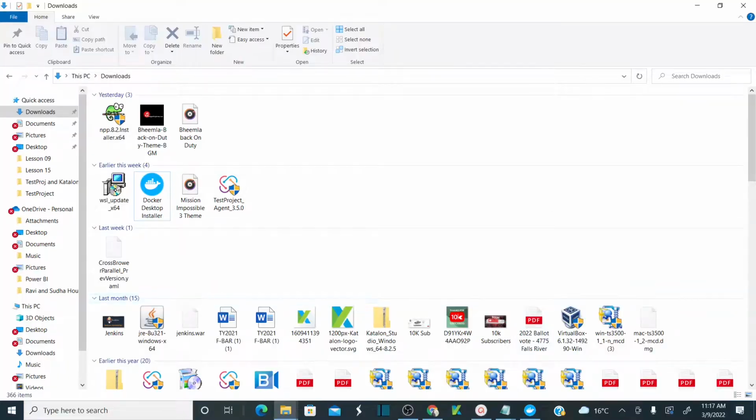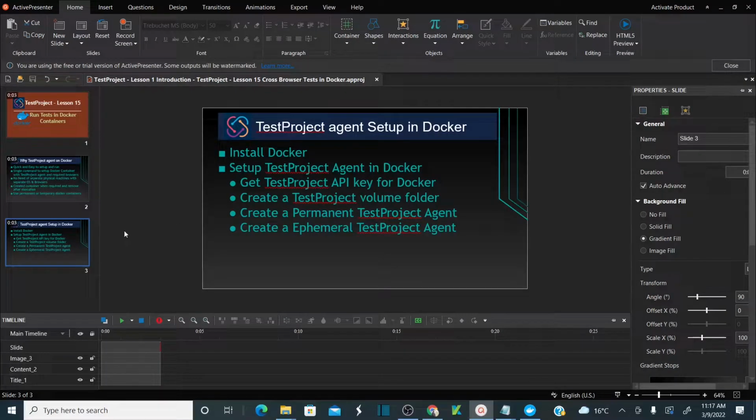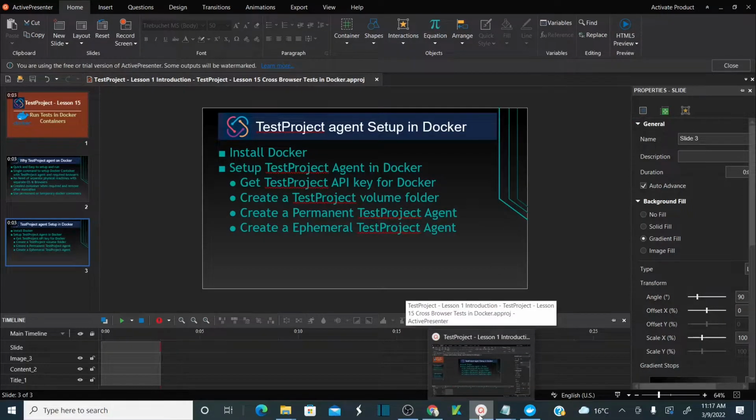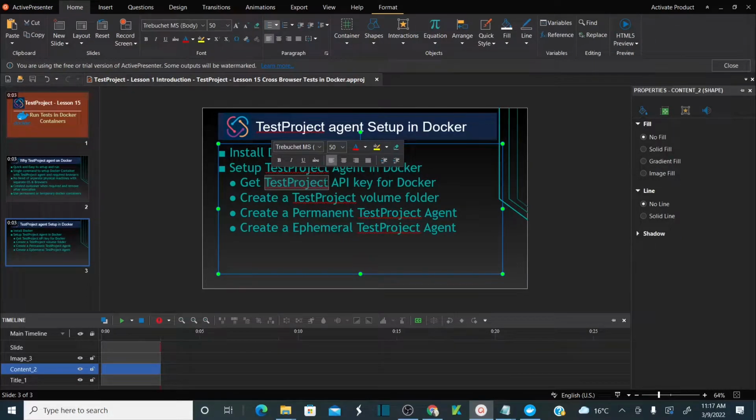Once your installation is done, what is our next step? Our next step is setting up TestProject agent in the Docker. For that, first we need to have an API key in TestProject for Docker, right? So let's go back to our TestProject